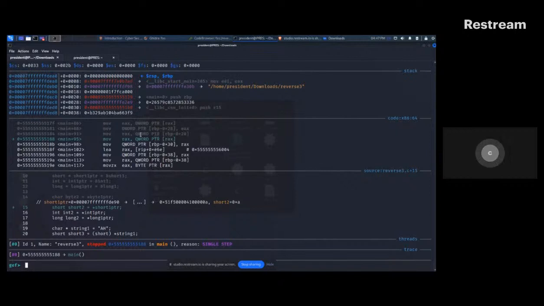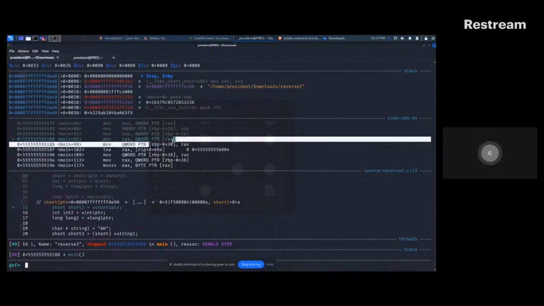So we kind of have this repeated, though it's not repeated for every single one of them. But what we do is usually you'll see something being moved into RAX, and the way you can tell it's a dereference is because there's no offset that corresponds to the bracketed expression here. Normally you'll see RIP plus some offset